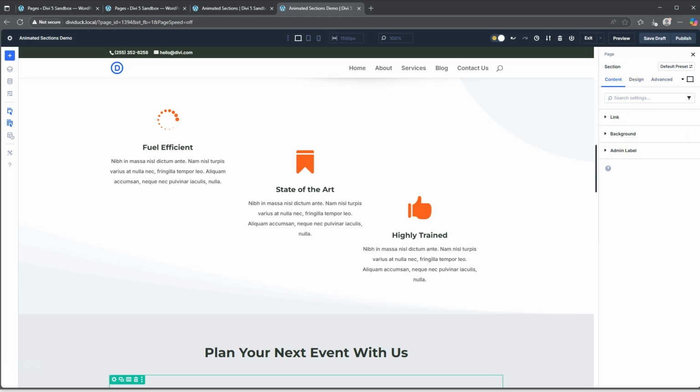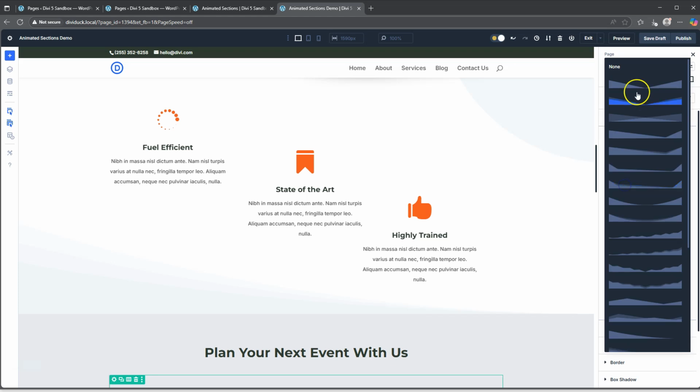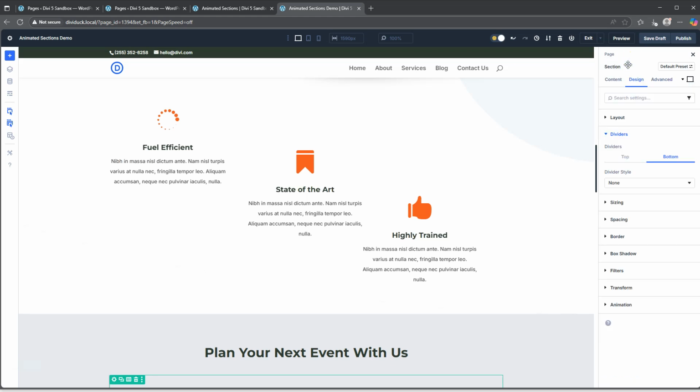Okay, so now that I have the section settings, what I want to do here is remove the divider that's in there currently. So just come on here, divider style, and I want to remove this. Now, why am I removing this? Because essentially what I want to do is put a new divider in here, but I want to put that new divider in its own section so that we can work with that section and that animation can then work by itself. It's not tied to any of the other sections. Okay, so once that is done,